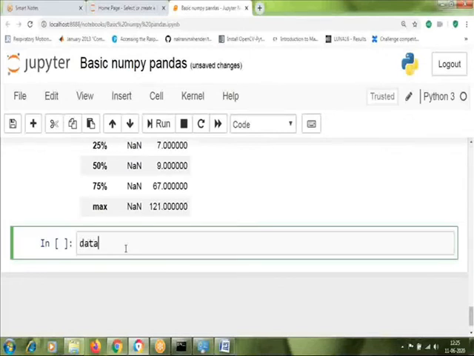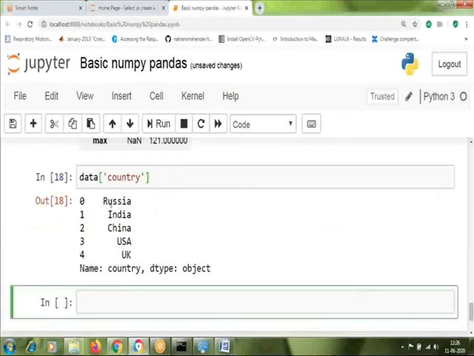For example, if you want only the column country, we have country and rank, so I am just selecting country. You can give it this way, data and country. So the column has to be provided with names, and those names are used as indexing for our pandas data frame. When you press enter, it will list those 5 country names.